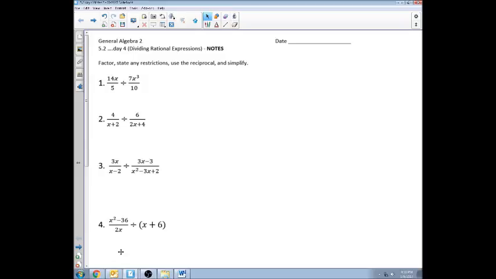This lesson is for my Algebra 2 class. It is 5.2, Day 4, Dividing Rational Expressions. What we're going to do in this lesson is we're going to factor, state any restrictions, use the reciprocal, and simplify. If you remember when we went through our